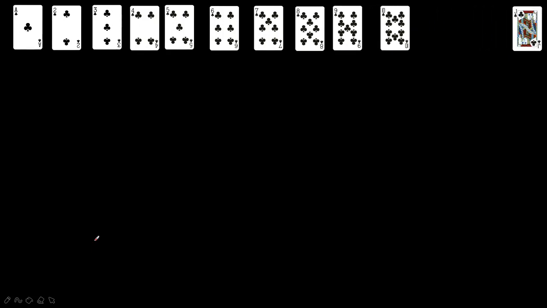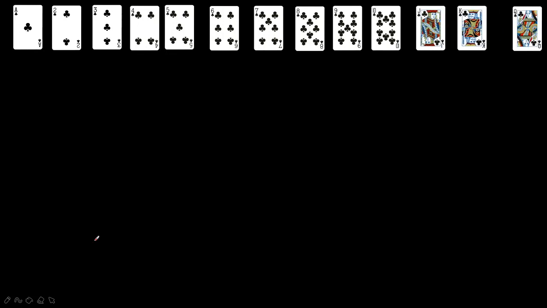Now, how the 52 card deck is arranged: for example, this is ace. First of all, let's count how many cards there are. 1, 2, and you can see 2 is written there, 2, 3, the card name itself is 2, 3, 4, 5, 6, 7, 8, 9, 10, 11, 12 and 13. So there are 13 cards.